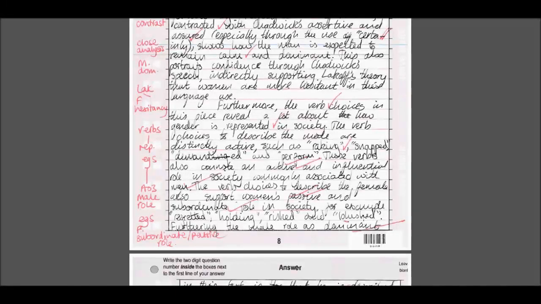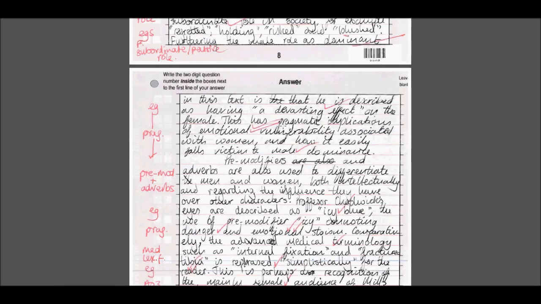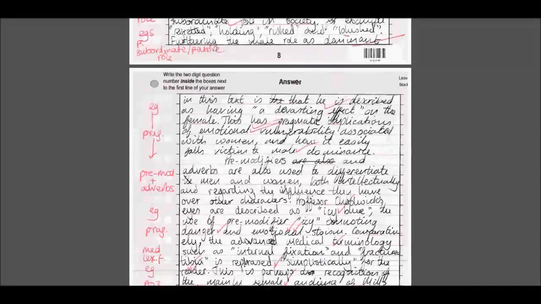and blushed. Really, really fantastic to have such a close focus on individual words and classifying those, categorising those, showing a real depth of understanding for this very, very short 25-line extract. Furthering the male role as dominant in this text is that he is described as having a devastating effect on the female. This has pragmatic implications of emotional vulnerability associated with women and how it easily falls victim to male dominance. Pre-modifiers and adverbs are also used to differentiate men and women, both intellectually and regarding the influence they have